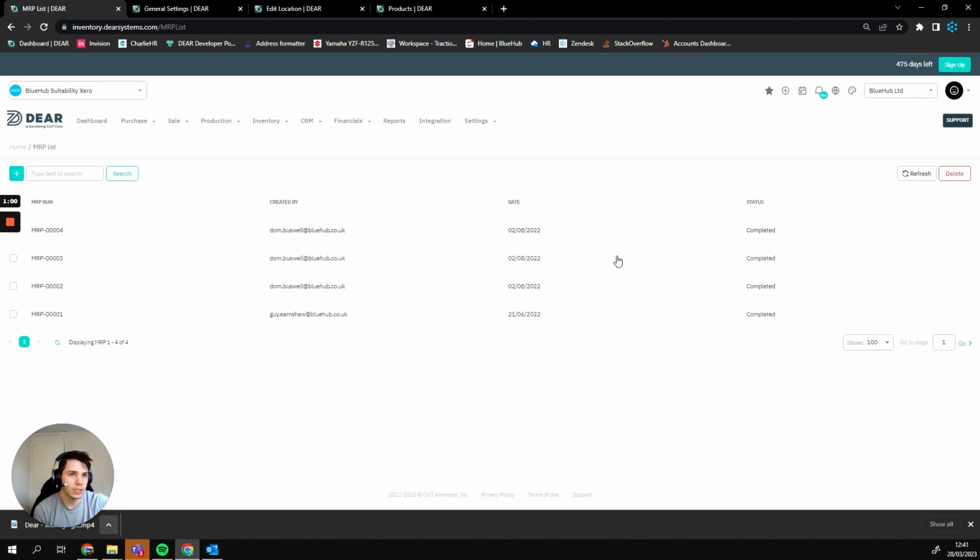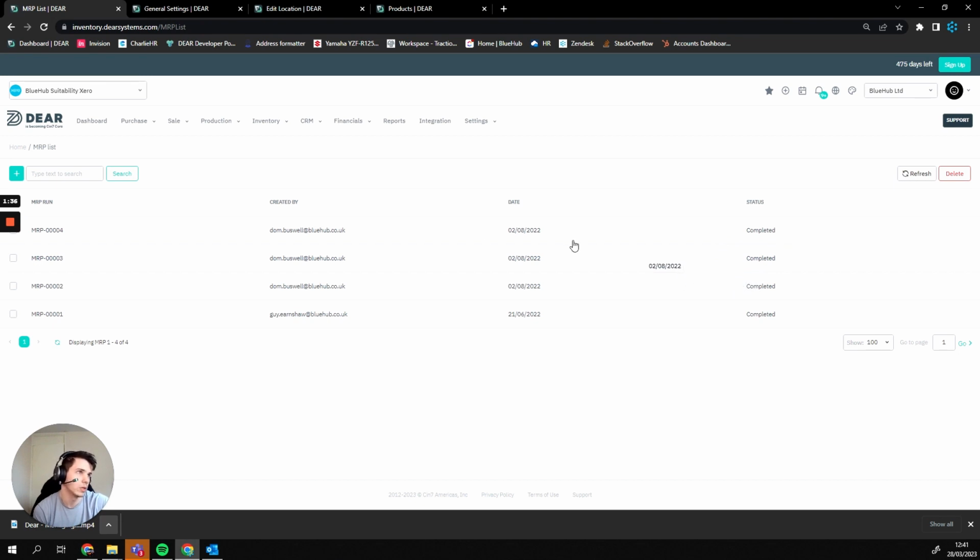Now the key difference here is that a draft MRP run we can still configure, as with most aspects of DIR, but once we start that MRP run, it's going to be in progress and we can no longer configure it. What we can do from there though is action any recommendations the MRP is giving us, and then once we're happy that we've actioned all of the recommendations we want to, we can use the complete option to complete it, and then we can begin a new run. With the MRP, you can't begin a new run until your previous run is completed, so that's something to keep in mind. You can only do one of these runs at a time,